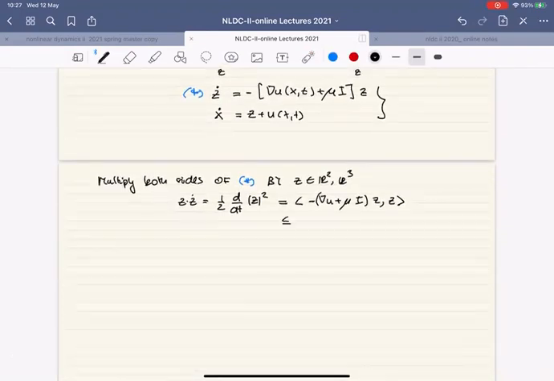It's the same estimate I did before, in part 1 of this course, and it simply says that when you have a quadratic form, then you can upper estimate that quadratic form by taking the largest eigenvalue of the symmetric part of the coefficient matrix, because remember, when you have a quadratic form, the coefficient matrix can be general, but only its symmetric part matters, and multiply that by z norm squared. So I will write that this is less than or equal to the lambda max of minus grad u plus mu I,